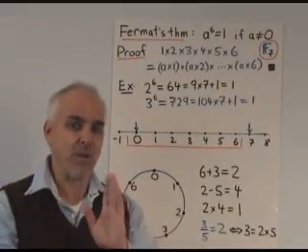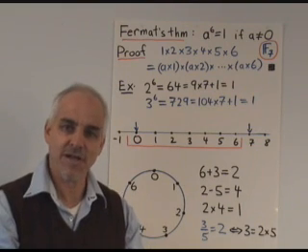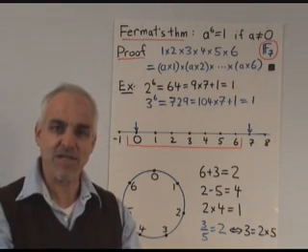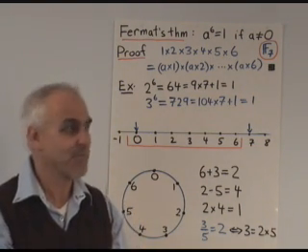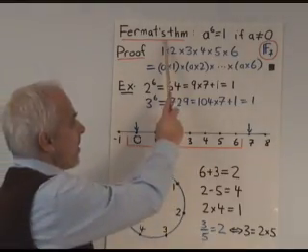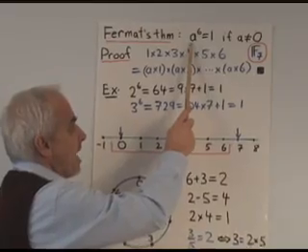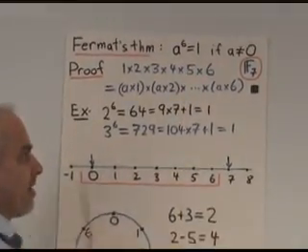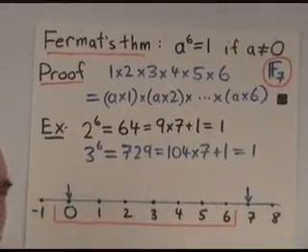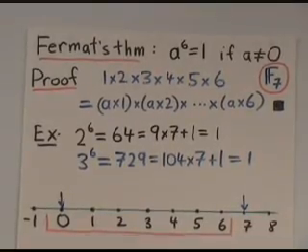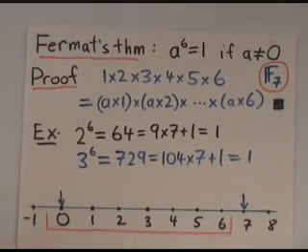So that observation that we just made has an important consequence that goes back to Fermat, a 17th century brilliant French mathematician. And it's the following rule, that if we're working in F7, then any power a to the 6 is equal to 1, as long as a is not equal to 0. So let's here show why that's true.